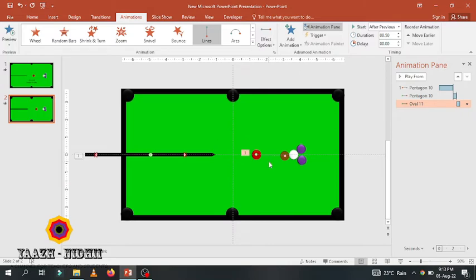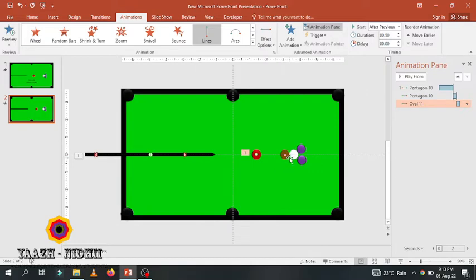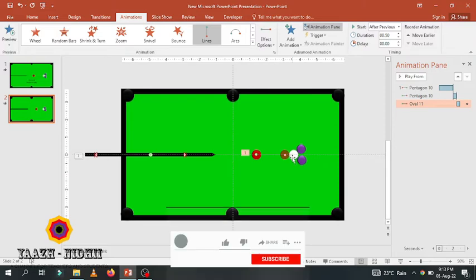Right. Once the ball hits this white ball, the white ball has to make these two balls move to this. For that, the white ball has to hit this ball. After that, the white ball also has to move